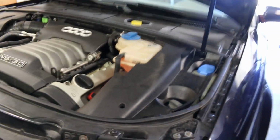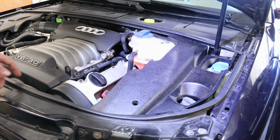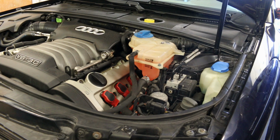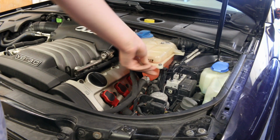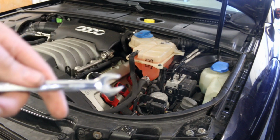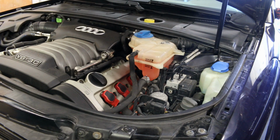The first thing you want to do, I'm going to start on the right side where the coolant reservoir is. So you're going to want to pop this piece of trim off if your vehicle has it. I know a lot of them don't. And then there's going to be a 10mm bolt right here, and you're going to want to go ahead and undo that. You're going to need to also use a 10mm wrench on the bottom because there's a nut on the bottom of that. So once you get that off,